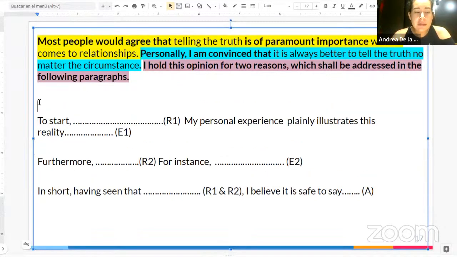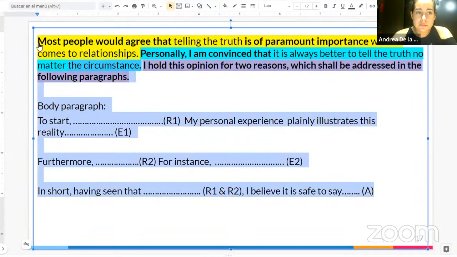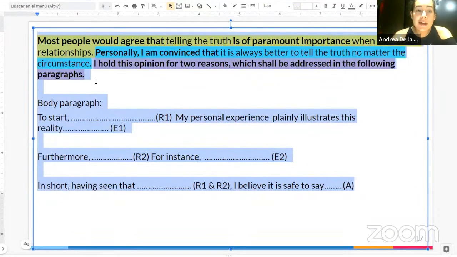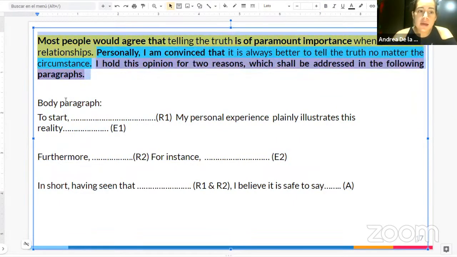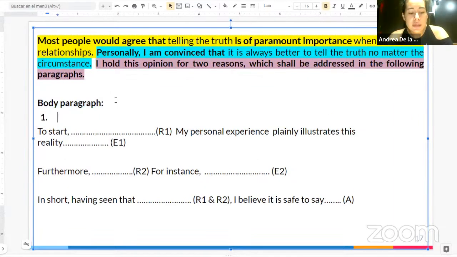Remember we said how many lines should we have in the body paragraphs? How many lines? We should be having in the body paragraphs at least 5 lines, right? And that is gonna be a complete essay, not a good essay. So in the body paragraphs, what we're gonna do is first line, or first sentence, sorry, is gonna be reason